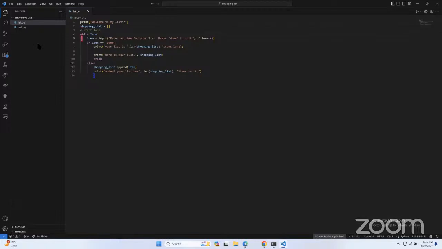item = input("Enter an item for your list. Press 'done' to quit:\n").lower(). So that is our prompt where we have it as item instead of list_item because it caused a little error somehow. if item == "done":